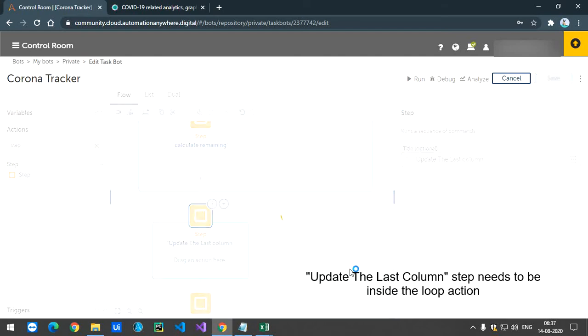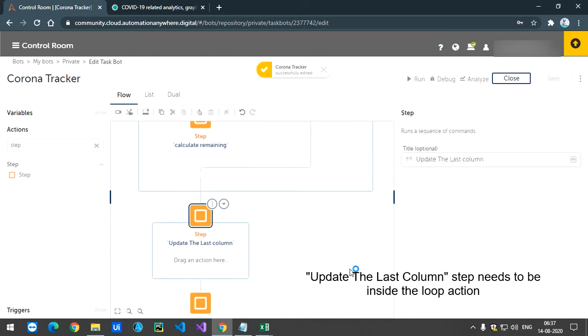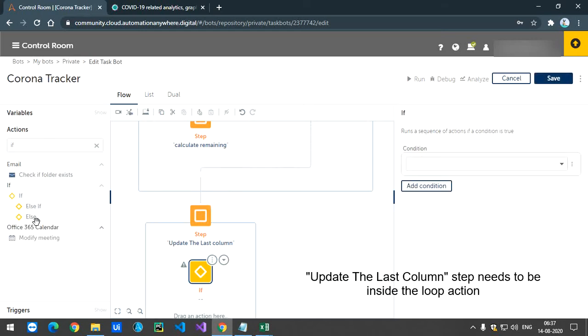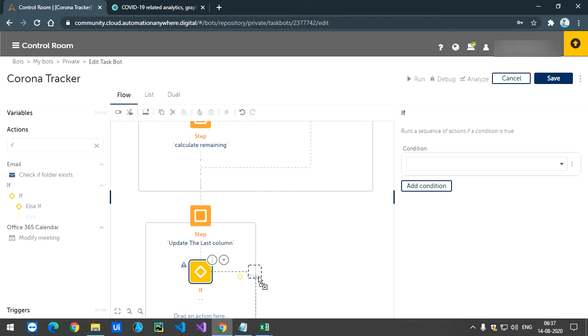Now in here we will go with the first if and else condition. Let me just take this else.